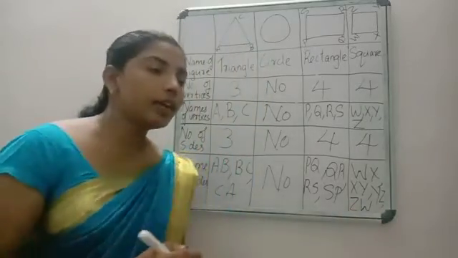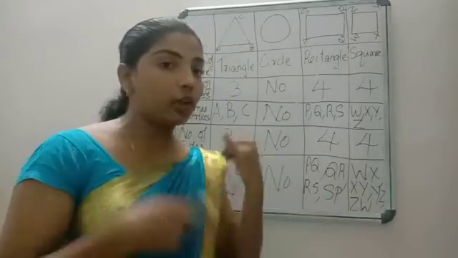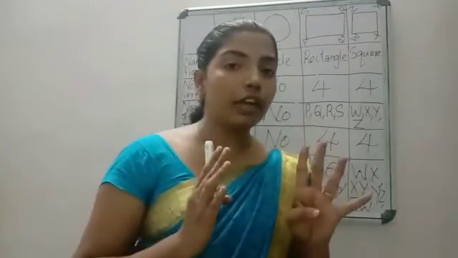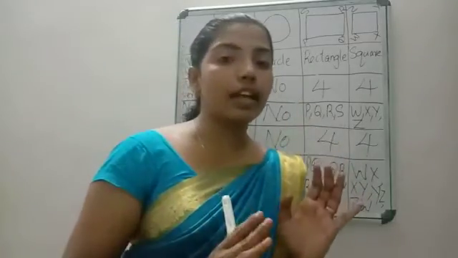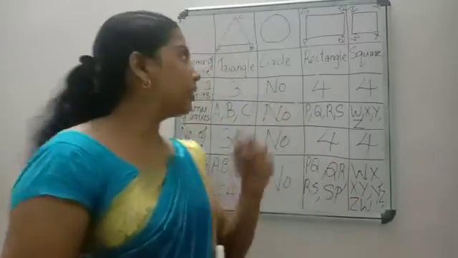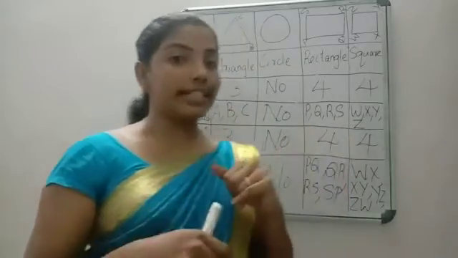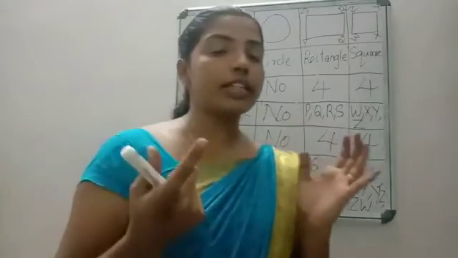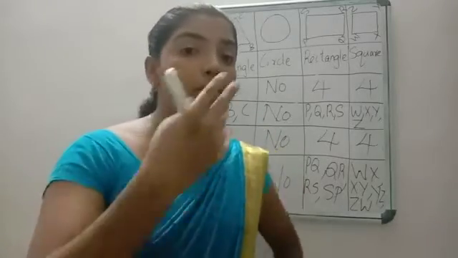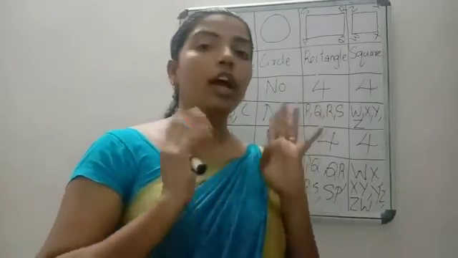Okay, now did you understand? Let us recall all the figures once more. First one, it is a square. Can you give the definition for square? Yes, square is a four-sided figure in which all the sides are equal and four vertices are there. Vertices are corners. And after square, which figure did we study? Rectangle. What can you say about rectangle? Rectangle is also a four-sided figure in which opposite sides are equal and it has four vertices or four corners.